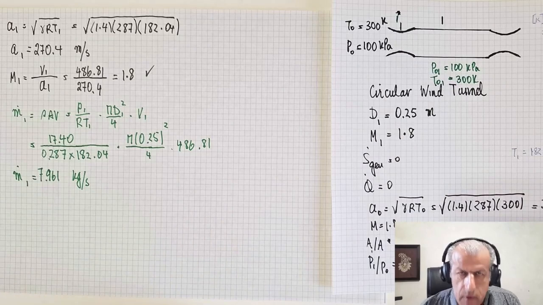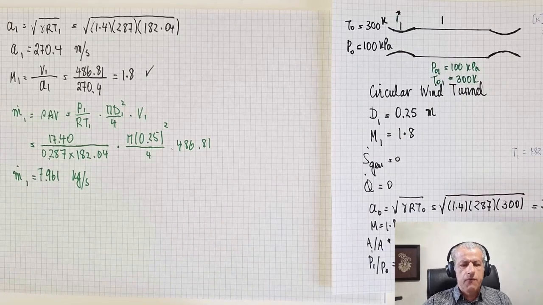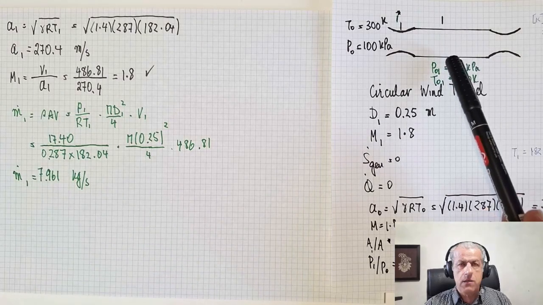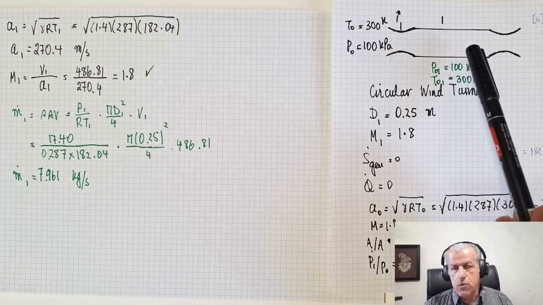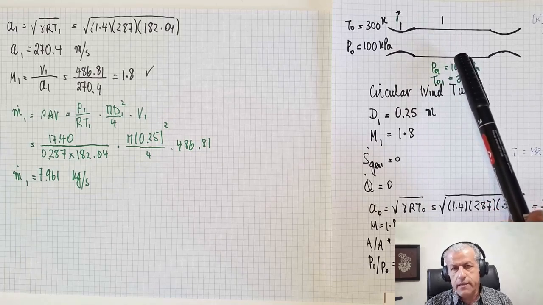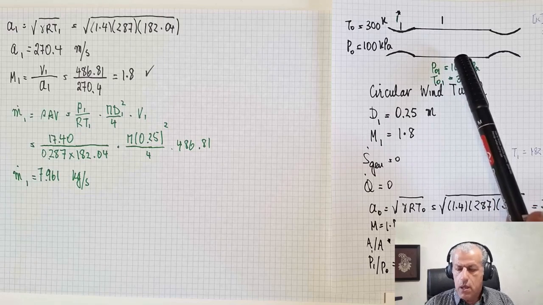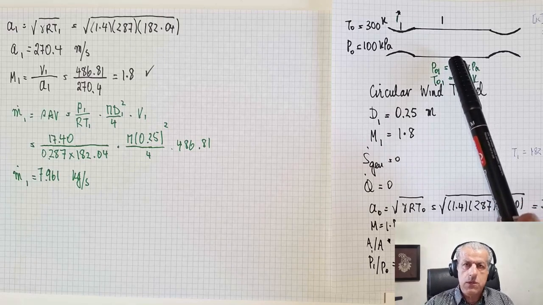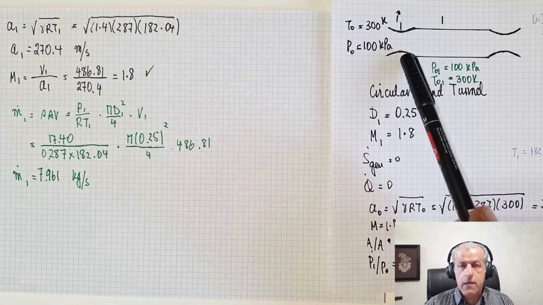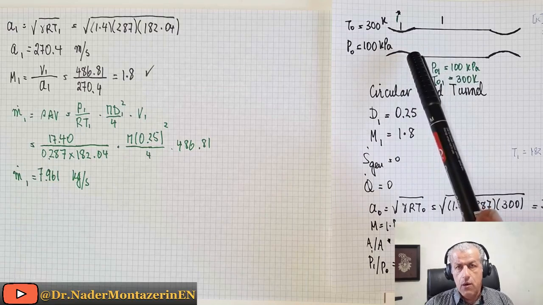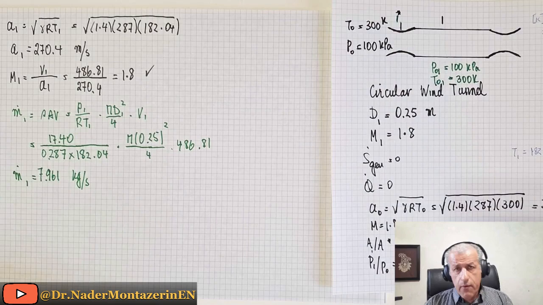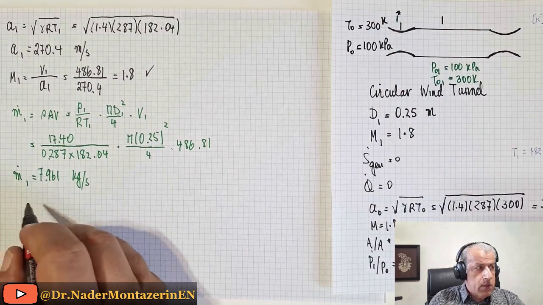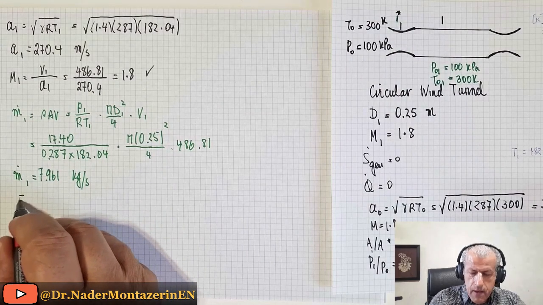Greetings. In the first part of this problem, I solved for you all the different properties of the test section, which was denoted as station 1. Now, what I want to do is to move back to the throat and see what the throat properties are. Now, at the throat, which we call the first throat,